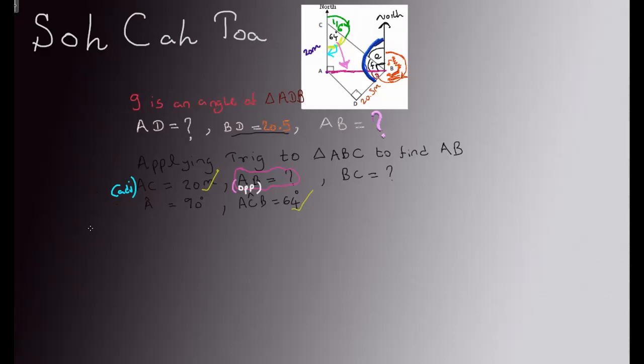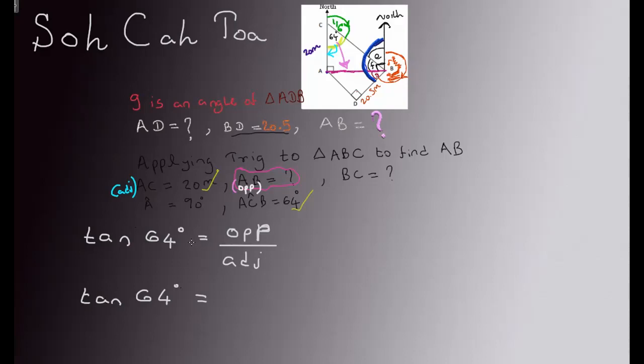So what do we write? We write tan 64 degrees is equal to, okay, first we'll write the definition of tan. What is it? It is opposite over adjacent. All right. So then tan of 64 degrees is equal to,